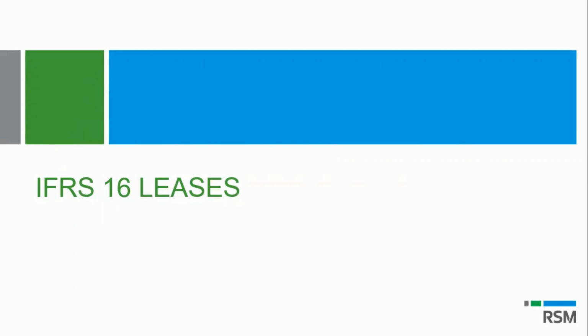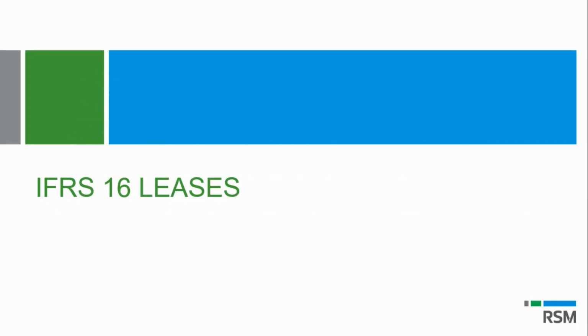Very important just to note before we get started that this is specifically for lessees. Lessor accounting in the main has remained pretty much unchanged from that of the current leases standard, IAS 17. So lessee accounting is what has changed significantly, and that is what I will be dealing with. So if you are a lessor, how you're applying the accounting requirements to your leases at the moment is pretty much going to remain unchanged. But for most of us, we are lessees, and this is going to affect you quite significantly.